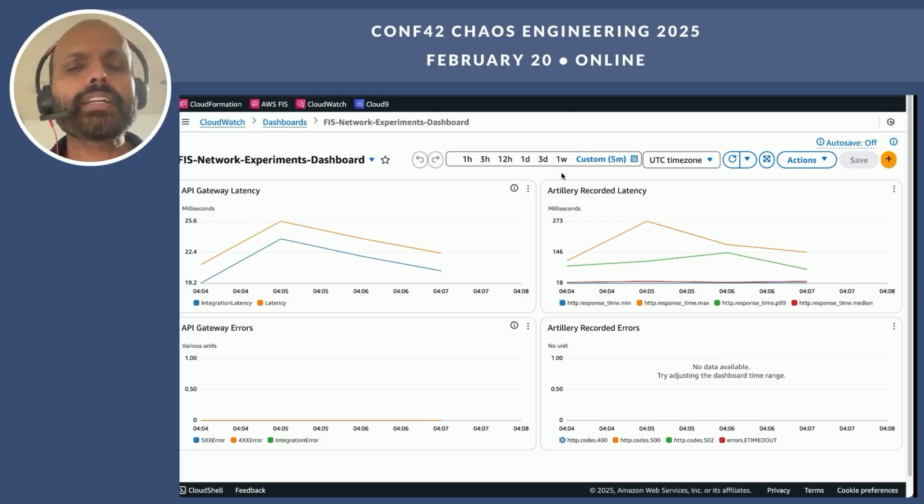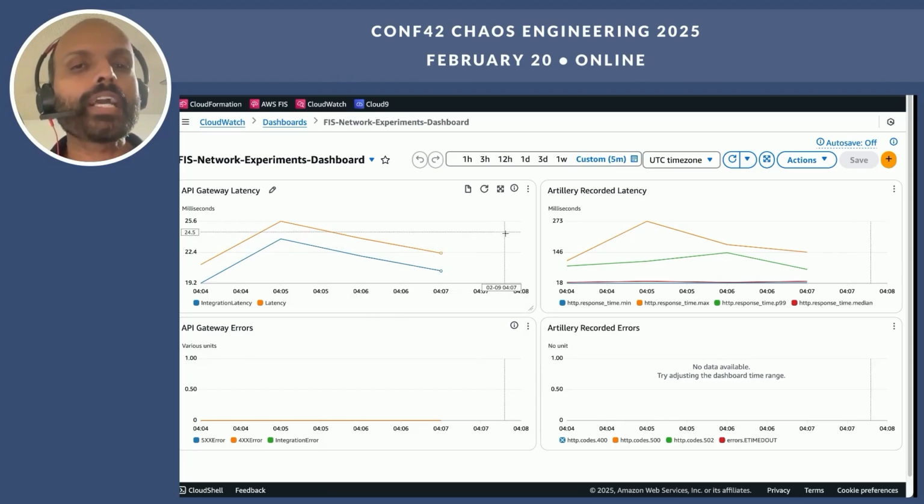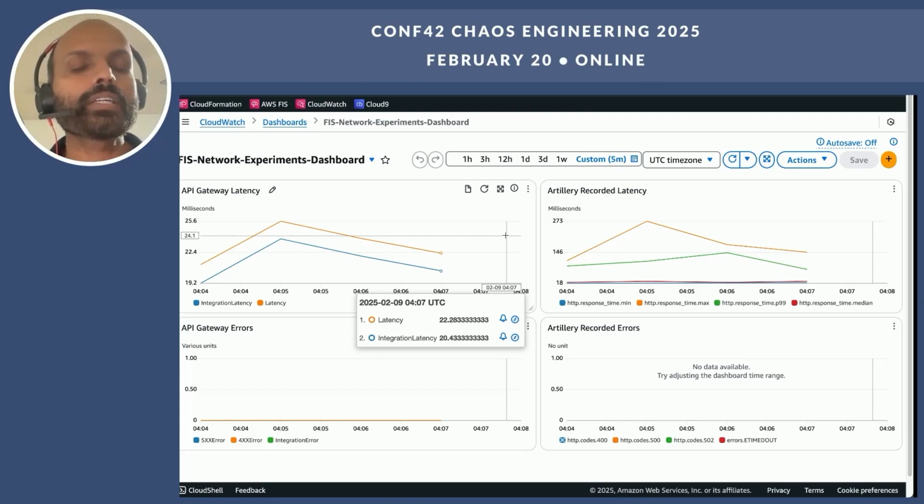And then you can see here that we have two key widgets that we have identified for observability of our application workload. One of them is the API gateway latency. From a system operator perspective, what does the application health look like, and what are the measures of those different metrics?